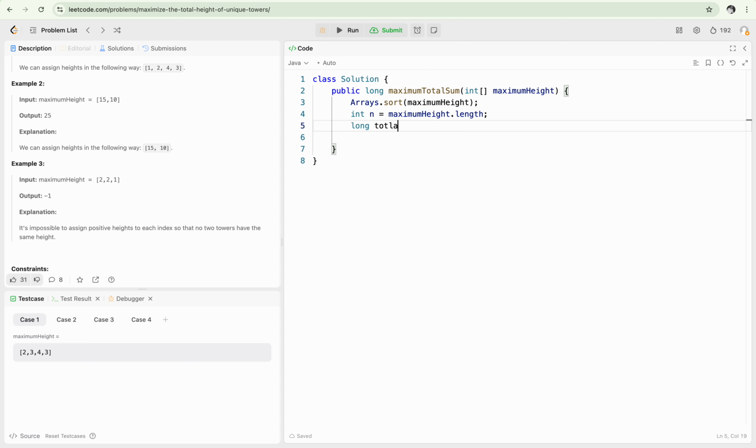Zero L. Like this, total sum is equal to 0L, maximum height dot length, and long is total sum. And then what we will do, we also need to use, for each index we'll be assigning some values. So int assigned